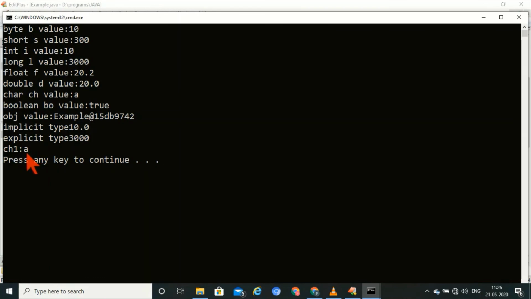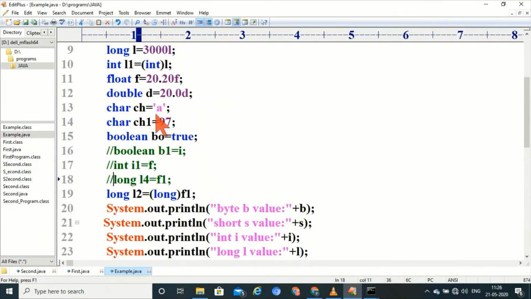It is also printing A, and ch also printing A. This is ASCII characters.